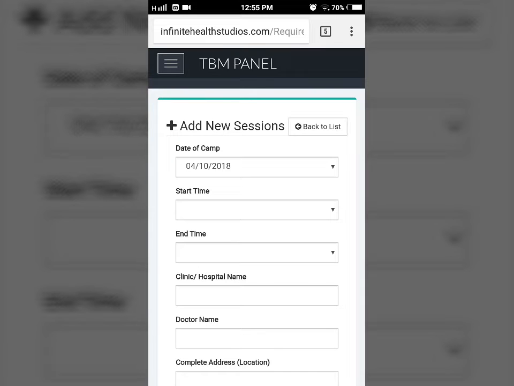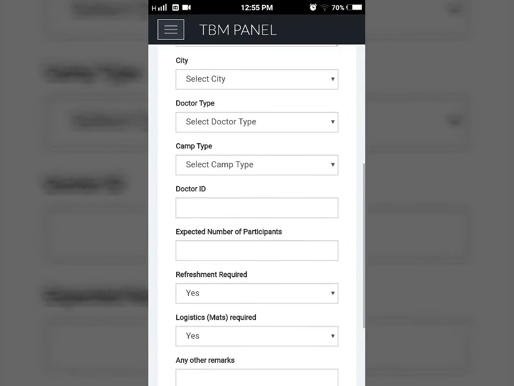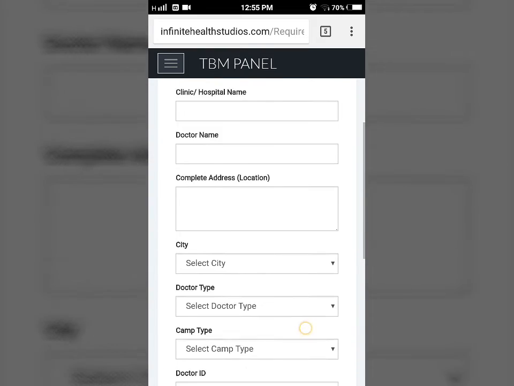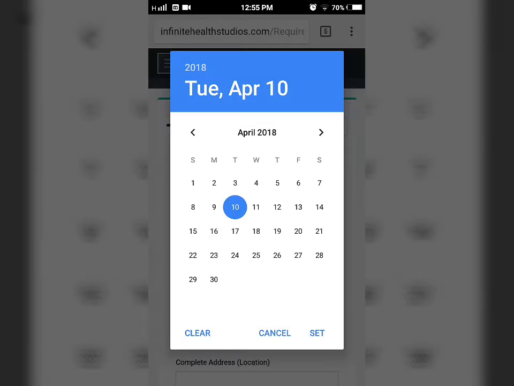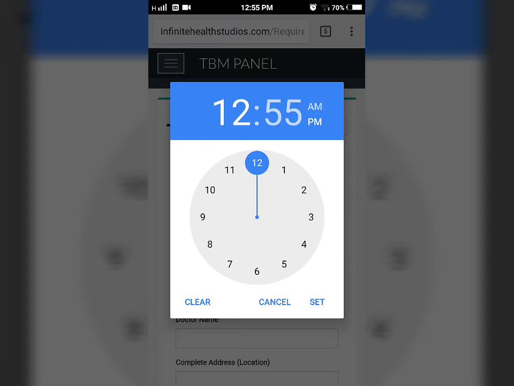and then there is again a very well described list of the options that are required to fill in a camp entry. All these steps are mandatory, so make sure you're filling each and every box with the correct information. Select the date of the camp, put in the start time, put in the end time,